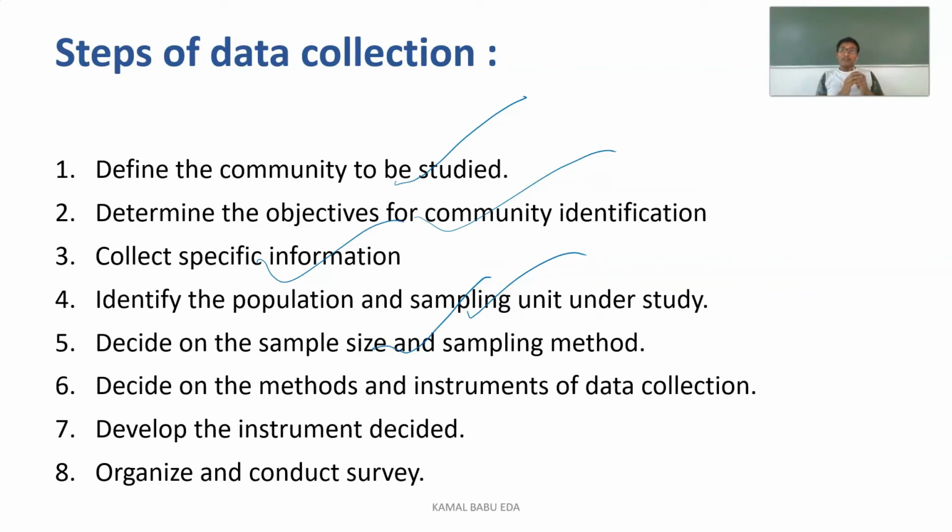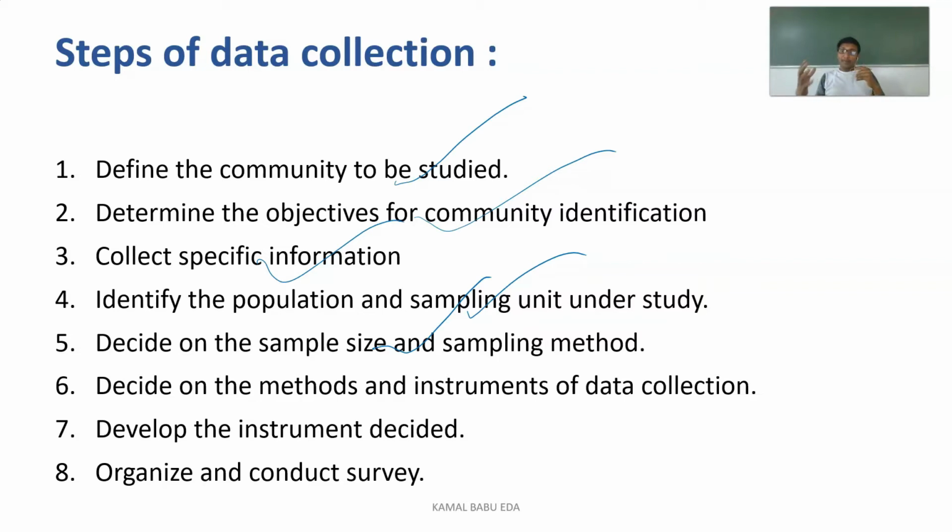For example, whenever you are trying to do research, during that time we take samples. The samples are taken on a community basis. While we are identifying based on the problem, the people who are suffering with a particular disease or particular problem, those types of groups are taken. Sample size means whether you want to conduct a large study or a pilot study. So you have to decide the sample size and also the sampling method. We have the random method, and we also have the pick method. There are different types of methods available in sampling.